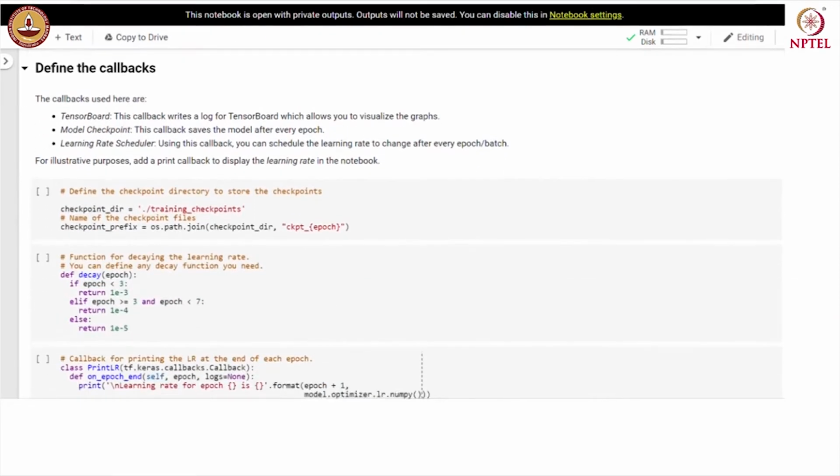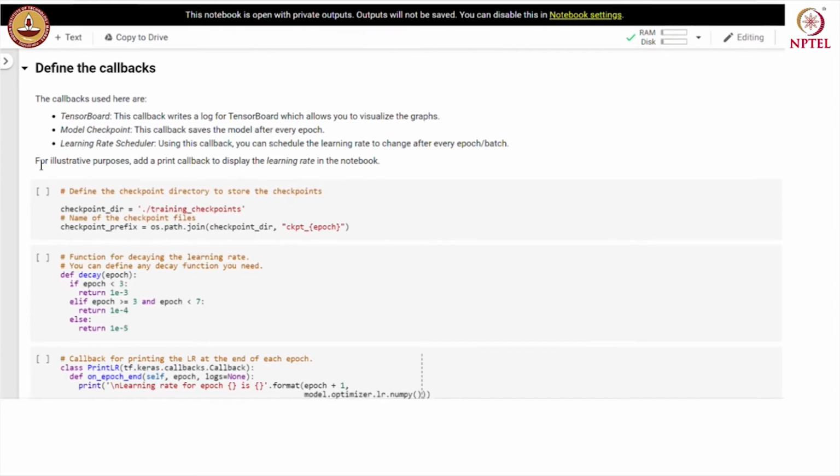We will use certain callbacks. We will use the TensorBoard callback for writing logs for TensorBoard. TensorBoard allows us to visualize the graphs. Then we will use the model checkpoint callback for saving models after every epoch, and we will also use the learning rate scheduler callback for scheduling the learning rate to change after every epoch or batch.